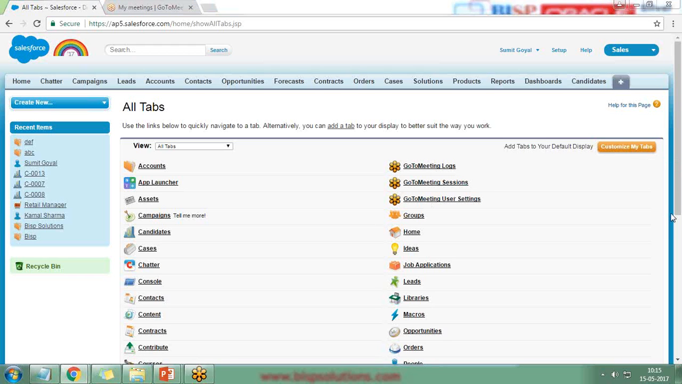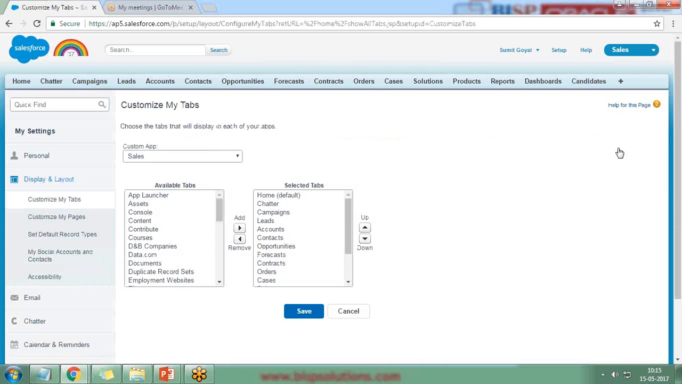I click on customize my tabs first of all, because I would like to add GoToMeeting user settings over here. This we can configure only in an administrator's account, with administrative privileges. For other users, by going into settings, we can hide these tabs. I'm not requiring reports, dashboards, products, solutions, cases and orders, so instead I would like to